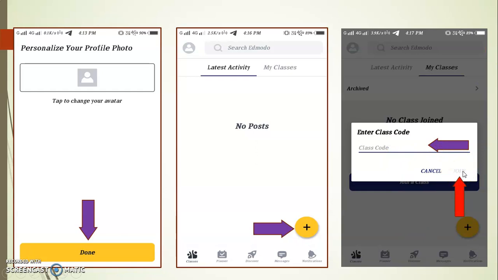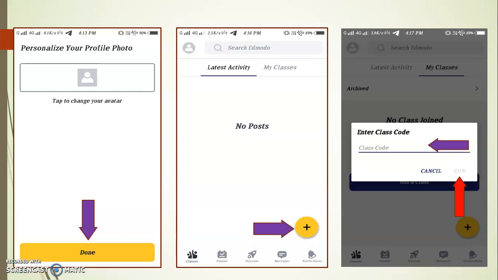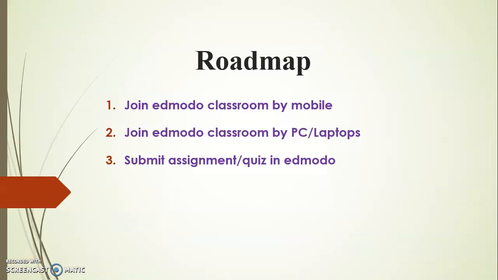Click on the join button, and you will get into your classroom after teacher acceptance. So up to here we have seen how to join an Edmodo classroom by using mobile.